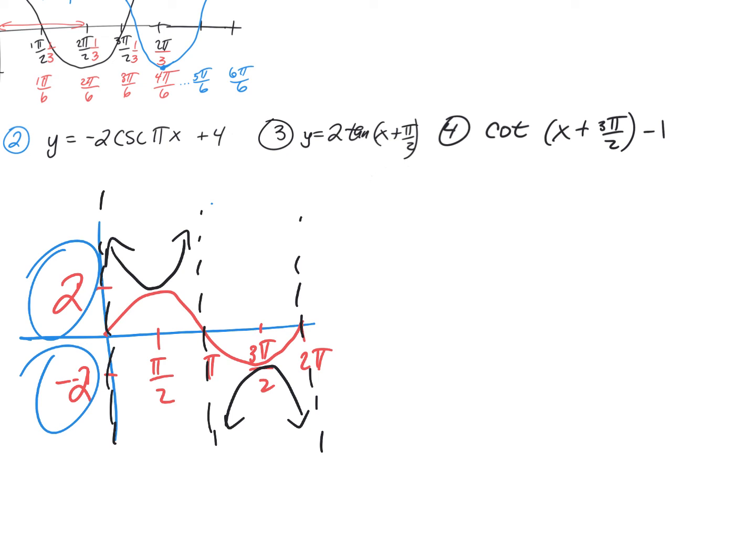All right, next thing I wanted you to check for is the fact these are U shapes, one going up and one going down like this. If you have that right, you've got 1 point. If you forgot and you just graphed sine by accident and didn't even put the cosecant on it, you lost a point.